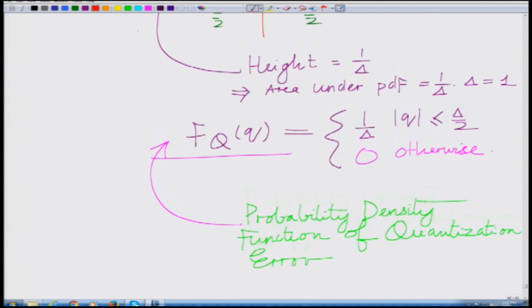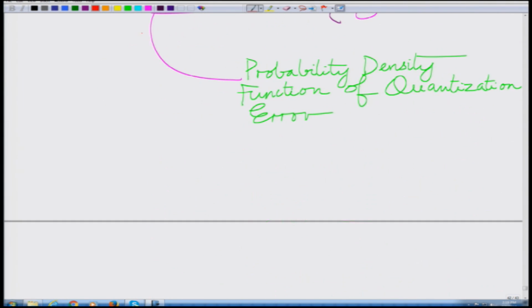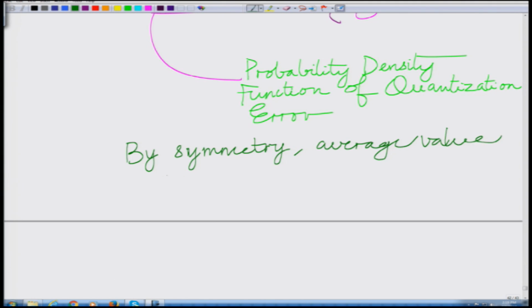Therefore, by symmetry, the mean is equal to 0, the average value of the quantization error is 0. That is, if you look at this quantity, the expected value of q,